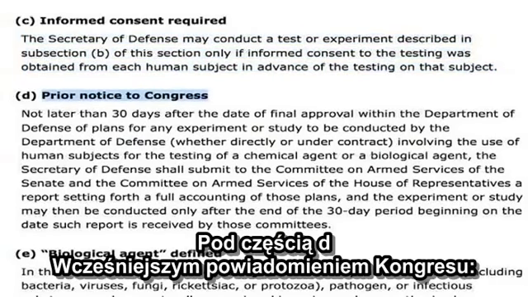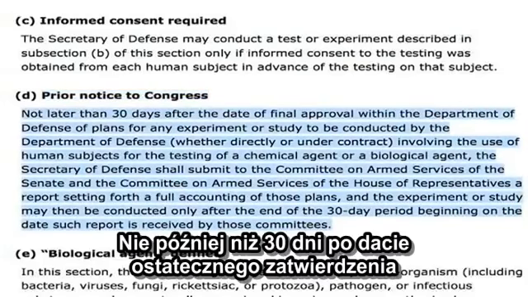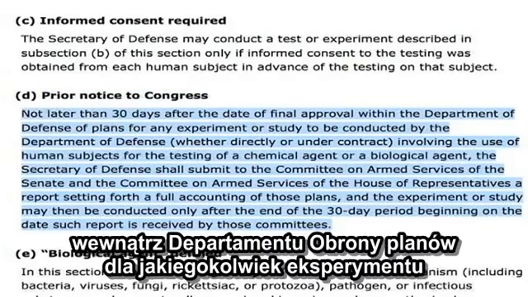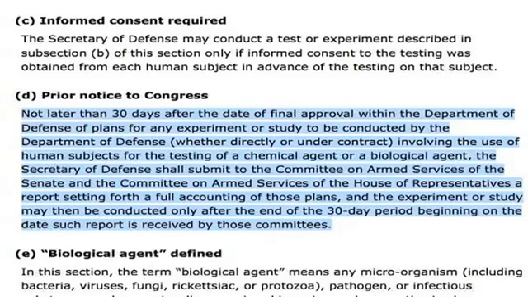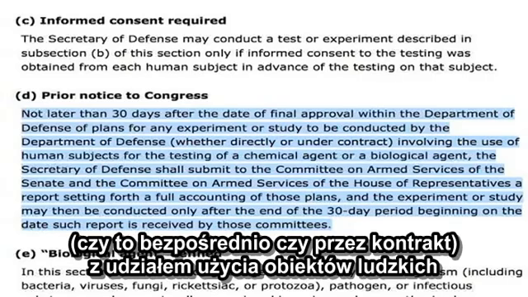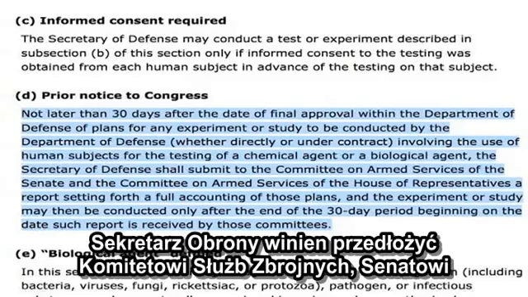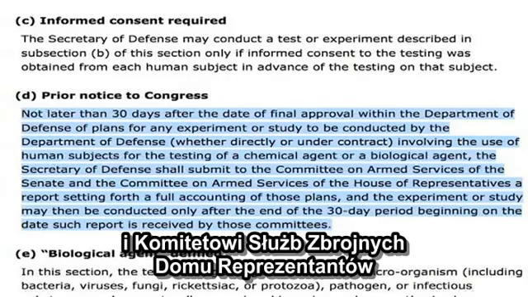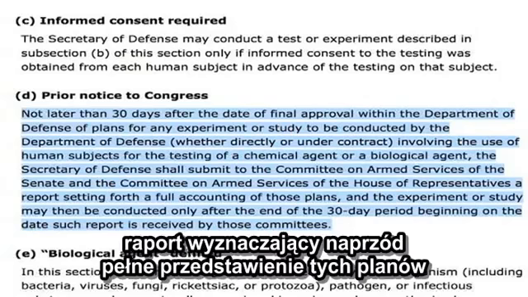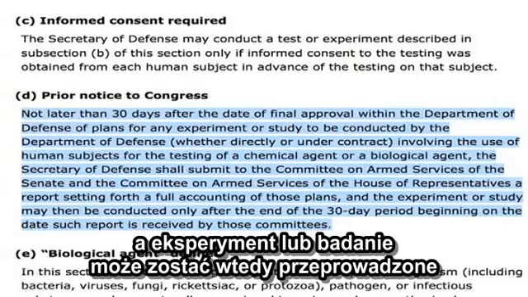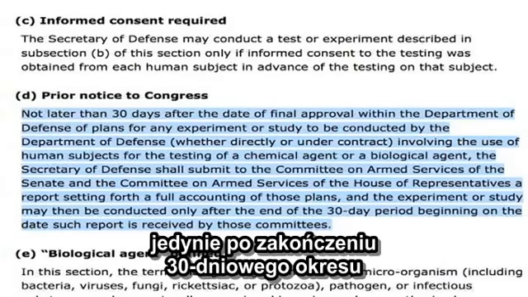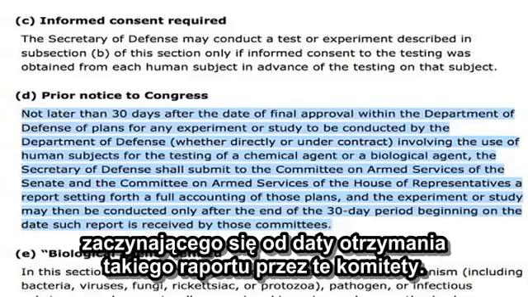Under Part D, prior notice to Congress, not later than 30 days after the date of final approval within the Department of Defense of plans for any experiment to study or be conducted by the Department of Defense, whether directly or under contract, involving the use of human subjects for the testing of a chemical agent or biological agent, the Secretary of Defense shall submit to the Committee on Armed Services of the Senate and the Committee on Armed Services of the House of Representatives a report setting forth a full accounting of those plans, and the experiment or study may then be conducted only after the end of the 30-day period, beginning on the date such report is received